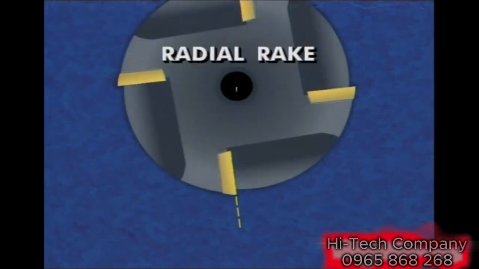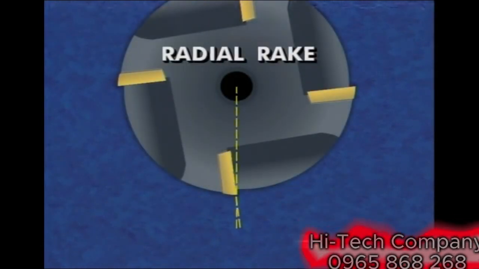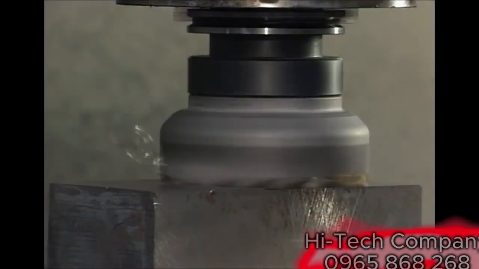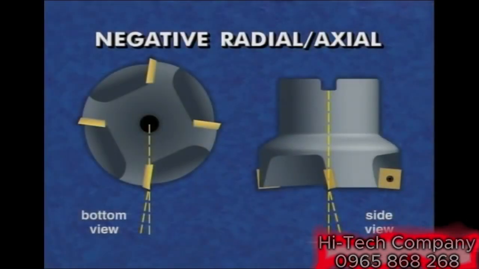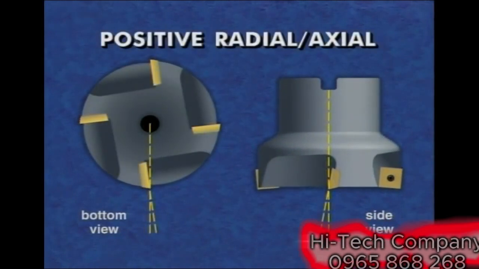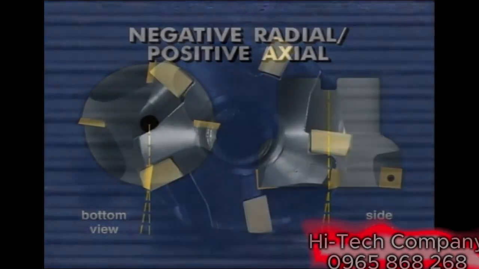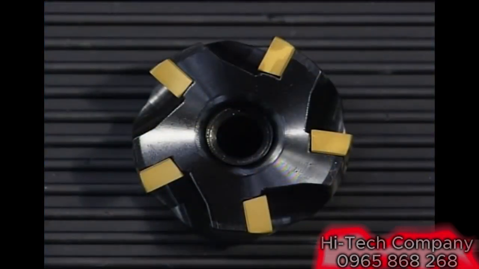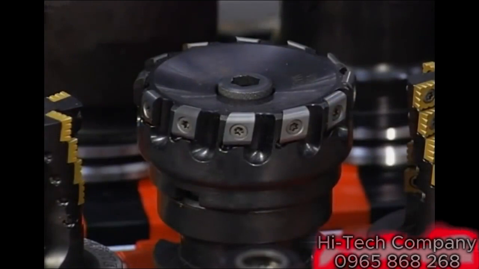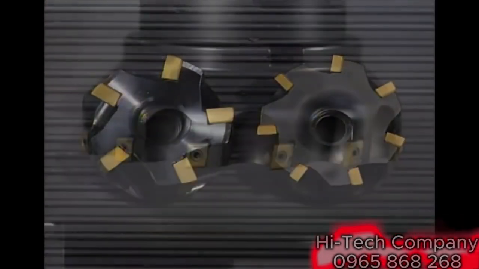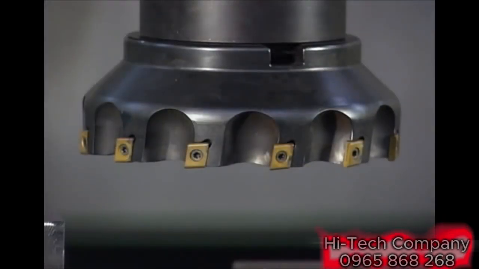The two rake angles determined by face milling cutter bodies are the radial rake and the axial rake. These two may combine in three ways for three different geometries of face mills: negative radial and axial, positive radial and axial, and negative radial, positive axial. Face mills may be coarse pitch, fine pitch, or extra fine pitch, depending on the number of inserts relative to the tool's diameter. The coarser the pitch, the larger the gullet size. Milling inserts with a large